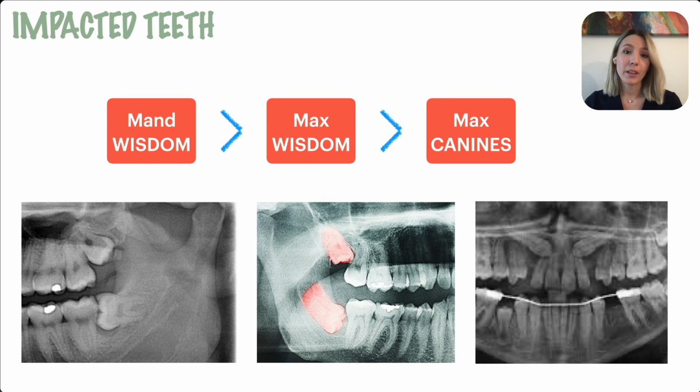Now, the most commonly impacted teeth are mandibular wisdom teeth. They are followed in their occurrence by maxillary wisdom teeth, and finally, after that, the maxillary canines. Now, these three are super important to remember. So, first, we have the